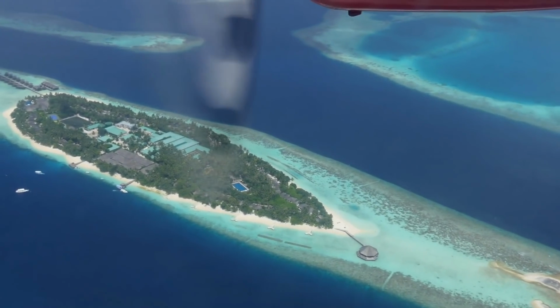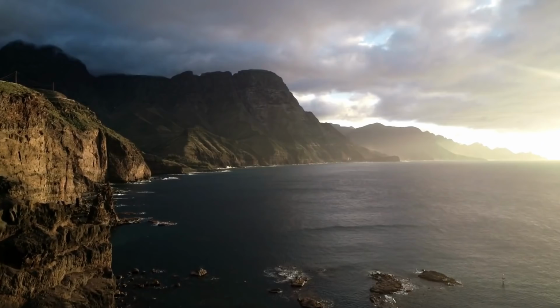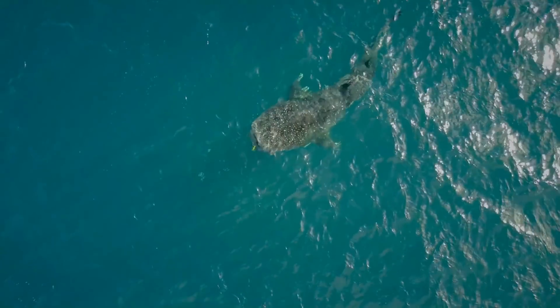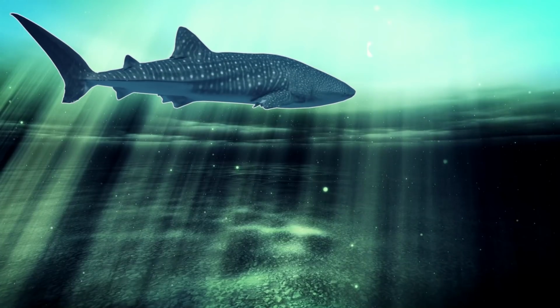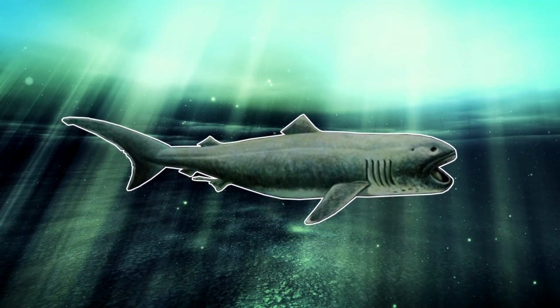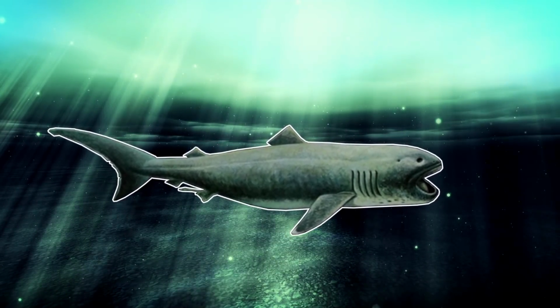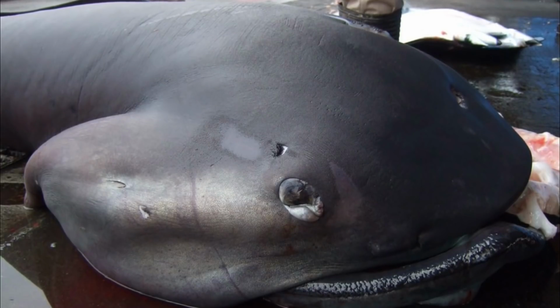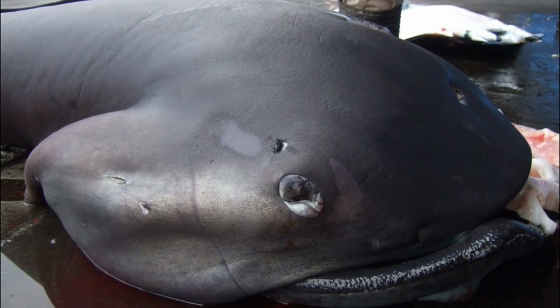But for our next species, we'll be moving over to the Indian, the Pacific, and the Atlantic Oceans, as we have the Megamouth shark. Now, as I've covered before, there are 3 filter-feeding sharks: the whale, the basking, and the Megamouth. But the Megamouth is actually the smallest of these 3 species, and is definitely the rarest. And it's clear to see that this is one of the weirdest sharks in the world, as it has a dull, broad, round snout with a large rubbery mouth and lips,